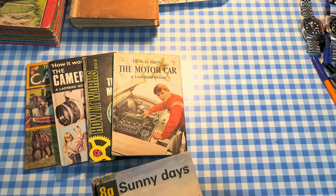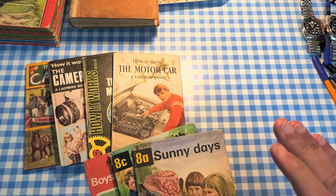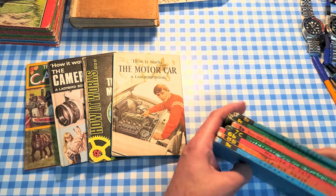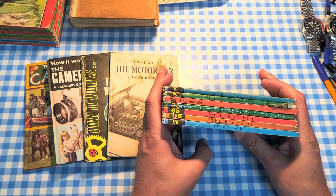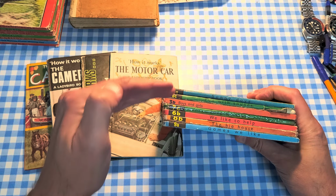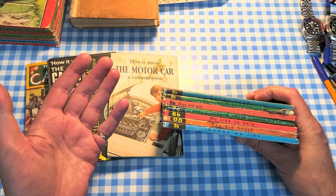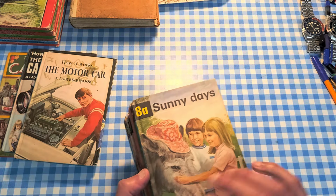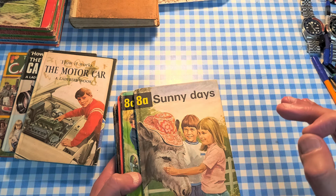And then I've got something very interesting. I've got a range of, and this is just a very small selection of Ladybird books that were in what they call their keywords reading scheme. So they vary in complexity and the challenges that they offer to young readers. But I think they are little moments in time frozen from the